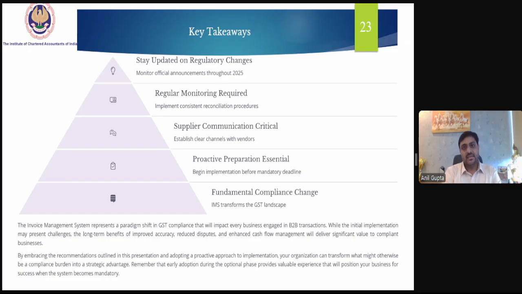By embracing the recommendations outlined in this presentation and adopting a proactive approach to implementation, your organization can transform what might otherwise be a compliance burden into a strategic advantage.